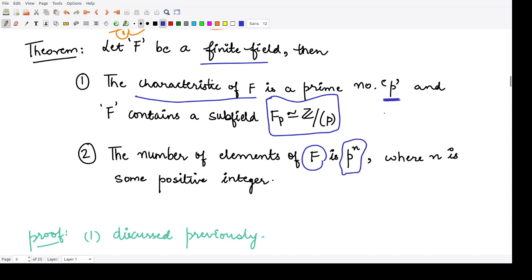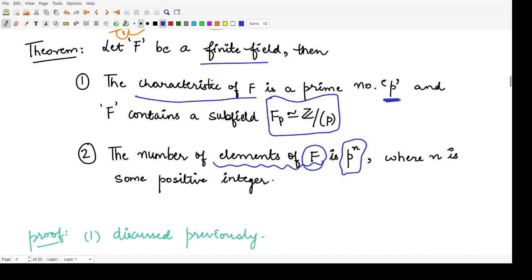Now this theorem provides us with a very useful result whenever you want to calculate the number of elements present in F. If you know the characteristic of the given field F, you can clearly state that for a finite field having characteristic p, the number of elements present is p to the power n.